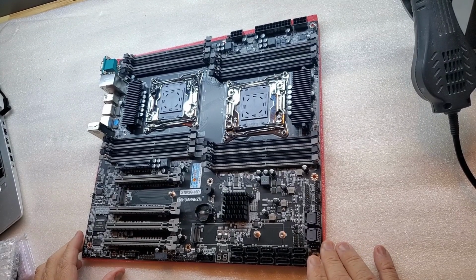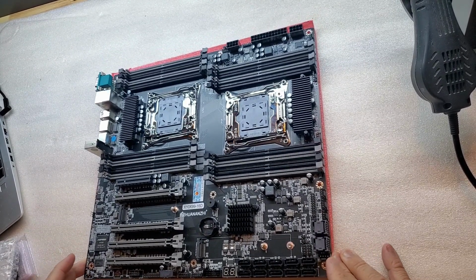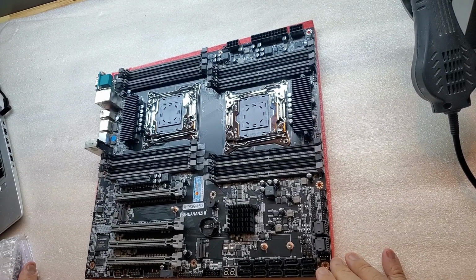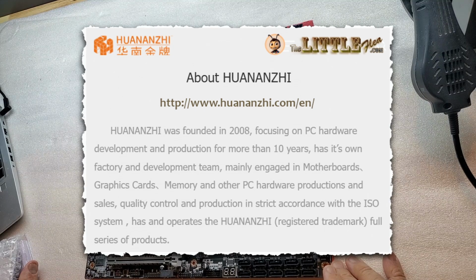Okay, so that's the motherboard right there. It's an X10X99-16D by Huananzhi. It's a Chinese motherboard company, or rather motherboard making company, and